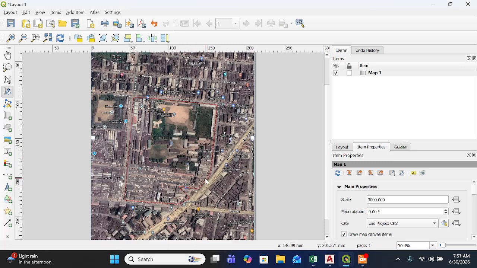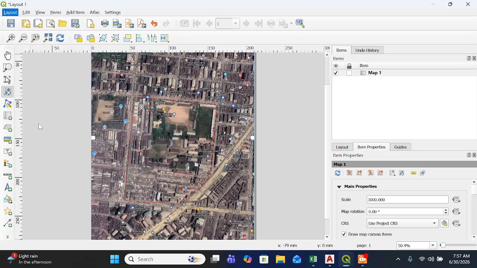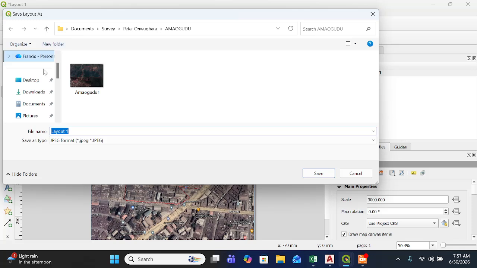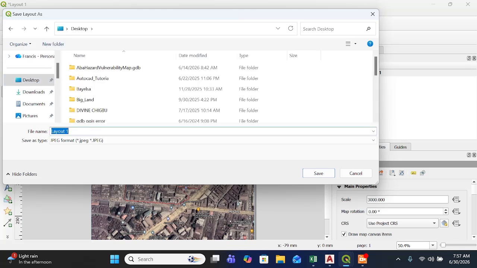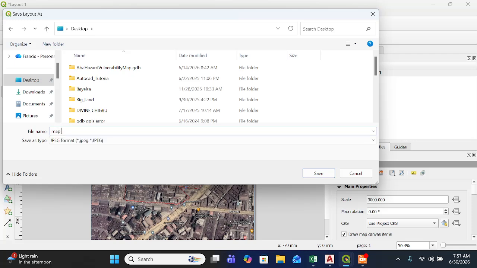So now we have this, we can click on here and then go to export as image, right? And then let's go back to desktop and say map image one, or let's just call it img1 001. All right, click on save,